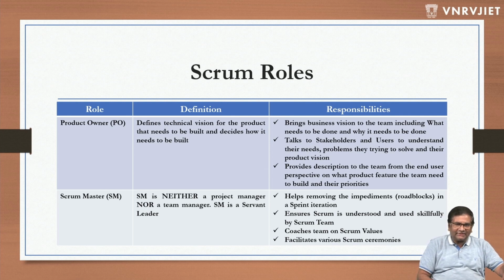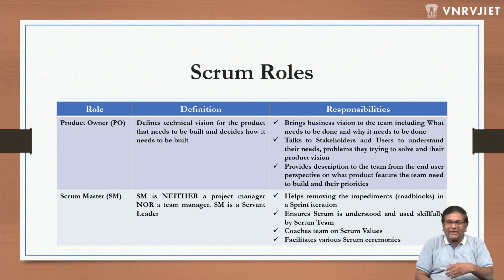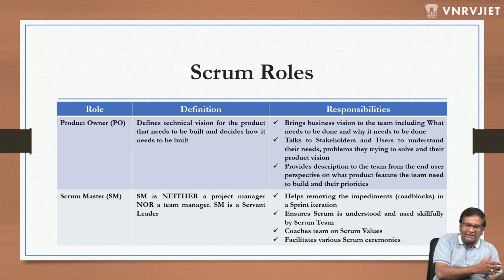But there should be a person designated as product owner, who mostly focuses on the product, the features, what needs to be done, and how it needs to be done. All these things will be given by the product owner. The responsibilities of the product owner are to communicate with the stakeholders, mostly the product managers. They are the actual people who know about the product, but they may not be technical people. Discuss with them, understand the business vision, and what needs to be done, when it needs to be done.